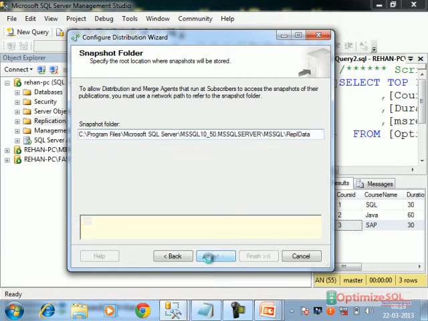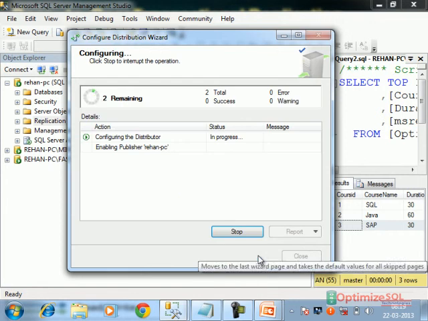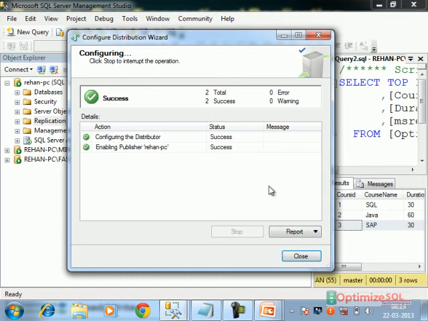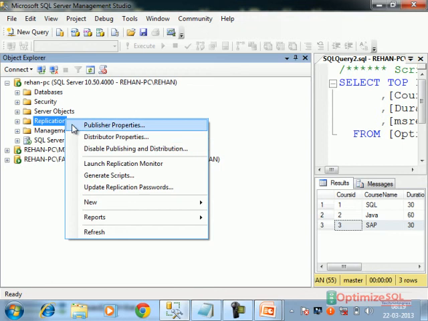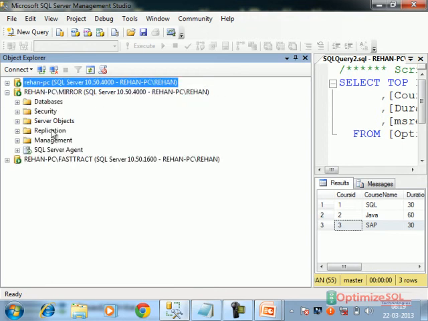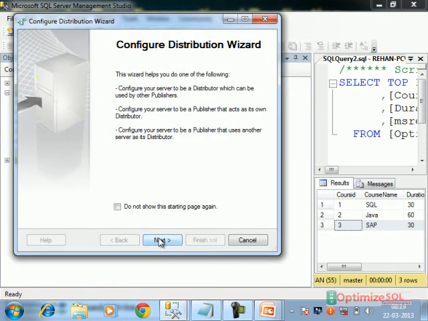Next. Next. Why? Because in peer-to-peer topology, the same server should act as both publisher as well as distributor. Success, it is saying. Check here, right click, both. The same server is acting as both. Configure the same things here also. Next.